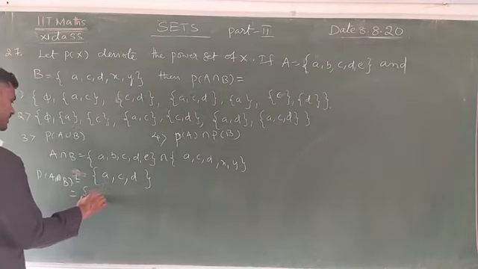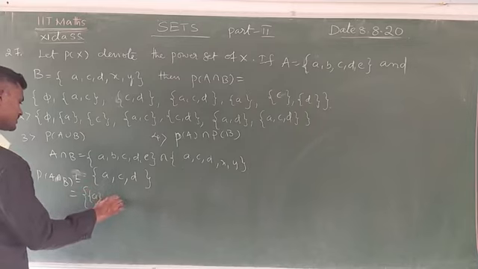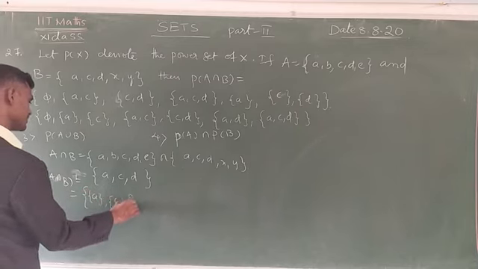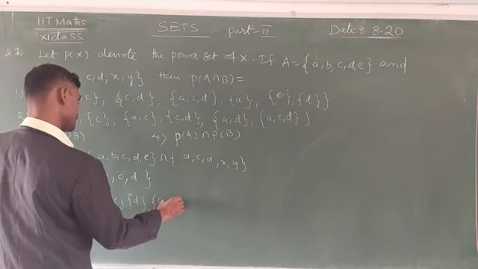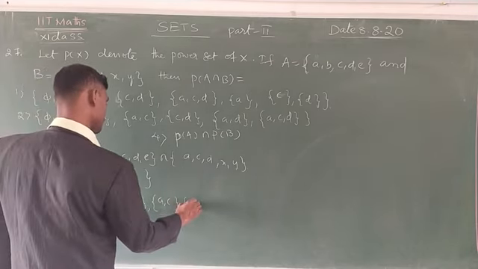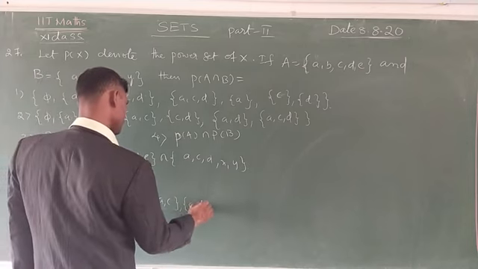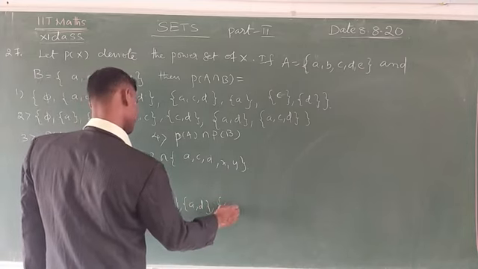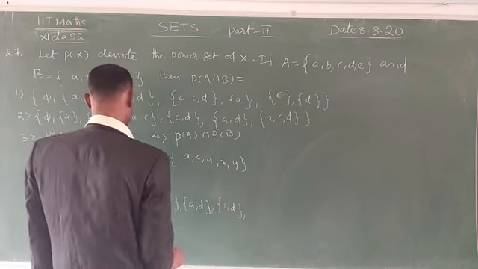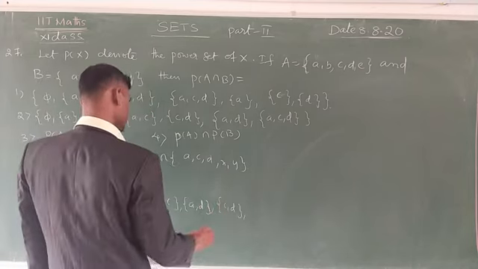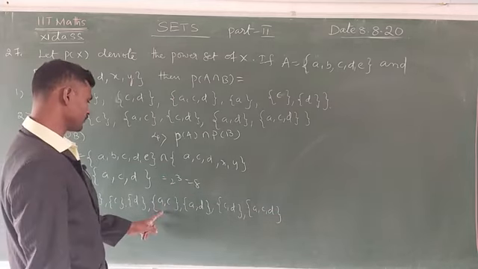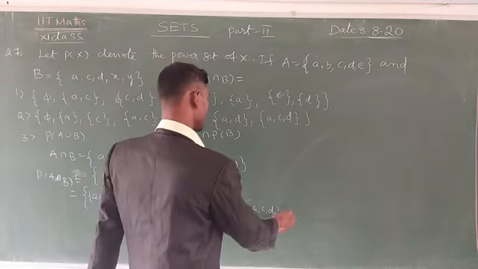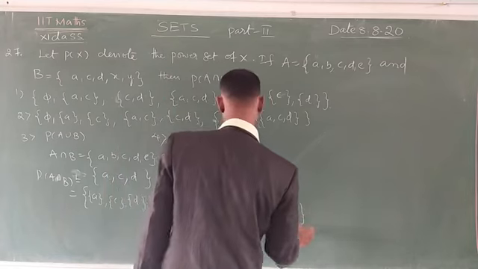Now set A, set C, set D, set A comma C, set A comma D, set C comma D, set A comma C comma D. Here 3 elements means 2 power 3 is equal to 8 sets. 1, 2, 3, 4, 5, 6, 7 and phi is 1 set, 8.